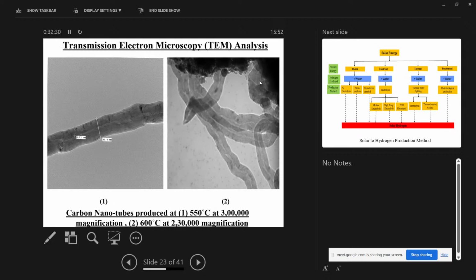So these are the higher magnifications. Earlier were the STEM slides. This is the TEM, transmission electron microscopy, which will give you an idea of the carbon length and the diameter of it. So you can have an idea how carbon nanotubes start working and what the importance of this is. We will read it maybe in later classes also.